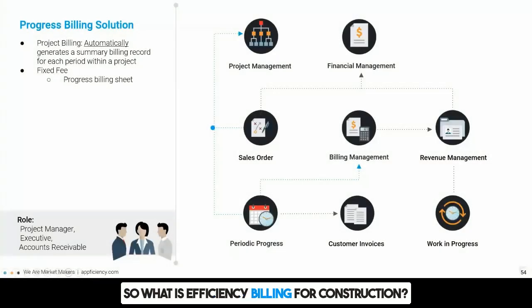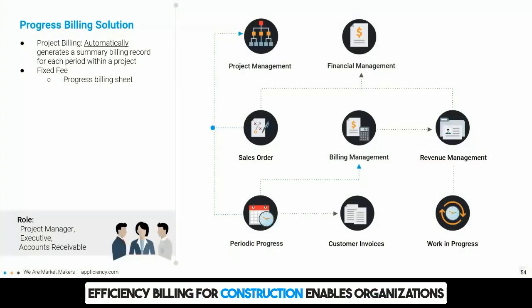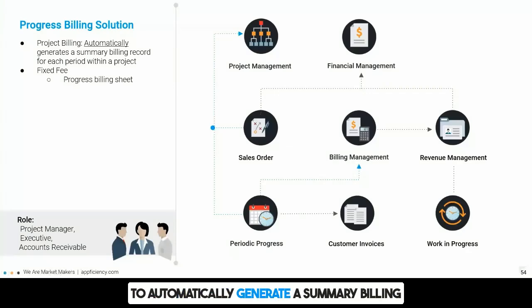So what is efficiency billing for construction? Efficiency billing for construction enables organizations to automatically generate a summary billing record and a corresponding invoice for each period within a project. Many organizations refer to this as progress billing or schedule of values, but essentially what this means is organizations have a need to track billable and cost activity for each period within the project,